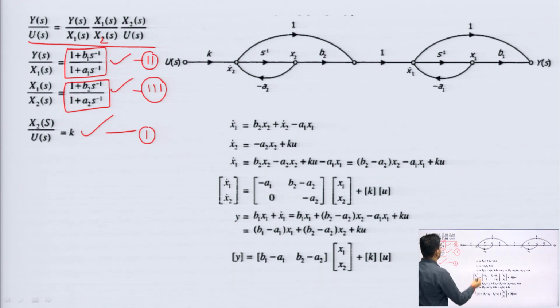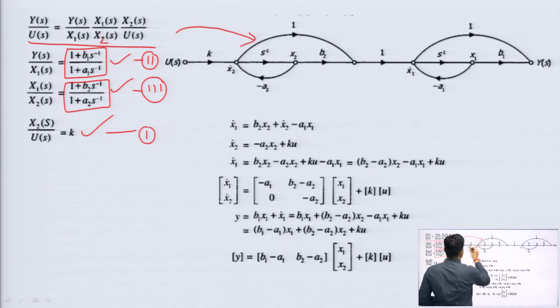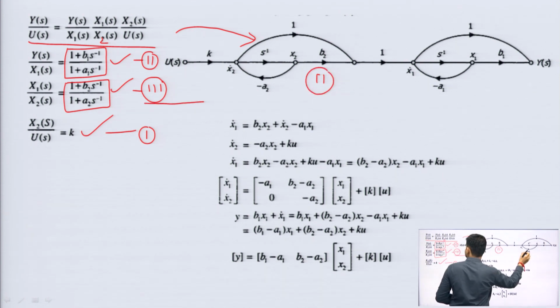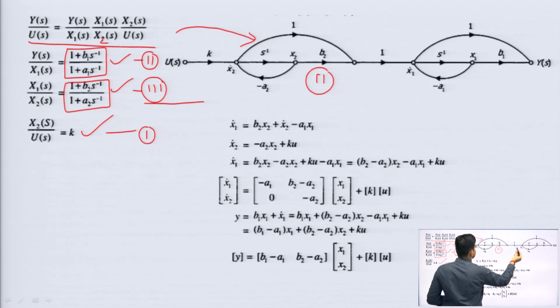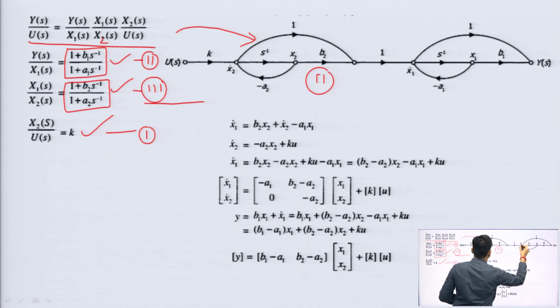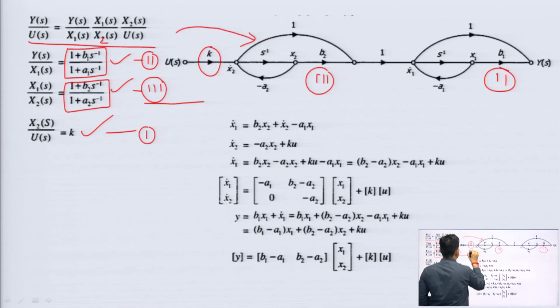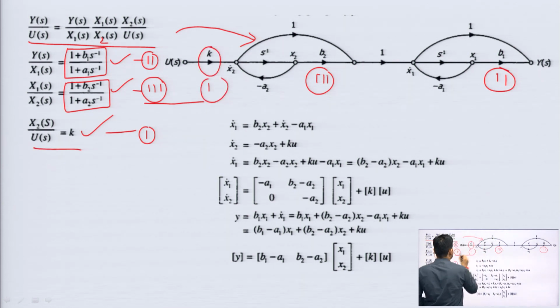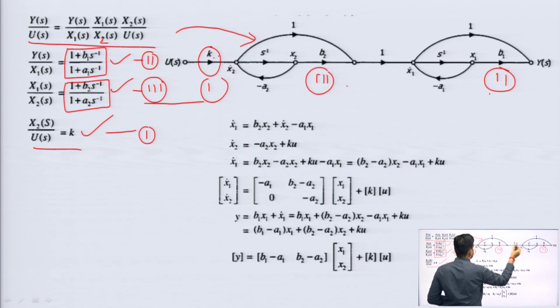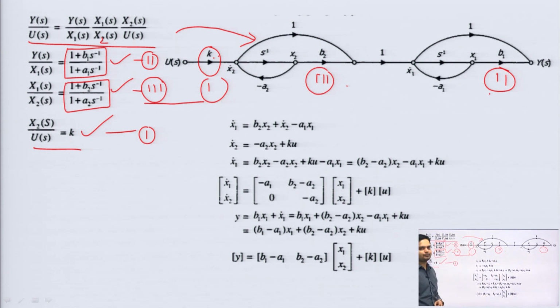Okay. So first I need to model this as we have done earlier. This will be my system 2 and this will be my system 3. B1 and A1, I am keeping here. So this would be my system 2, this would be my system 3, and this k would be my system 1 because it is a single constant. So I am modeling k, then this system, then this system. This is basically cascading, we are connecting them in series. Okay. So this is the representation of the SFG.